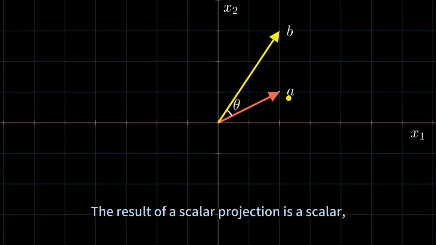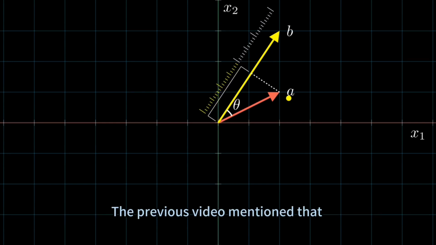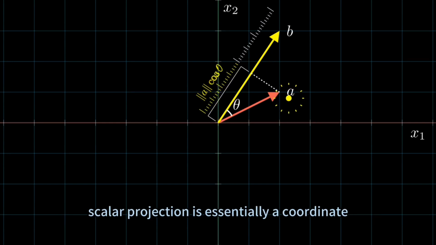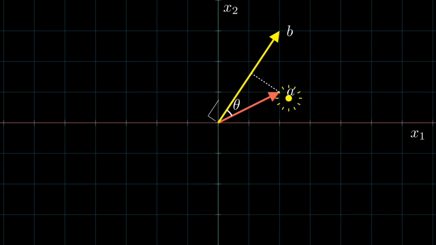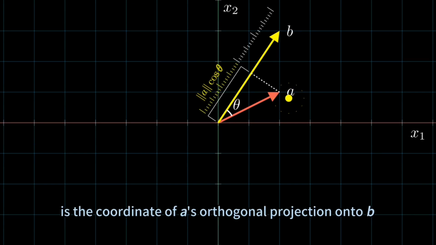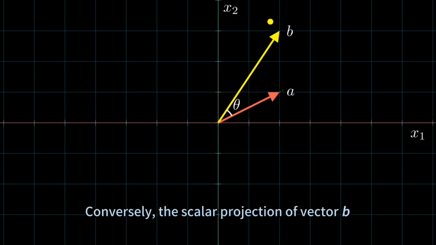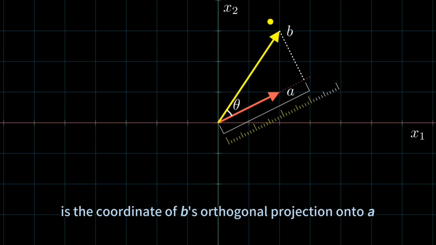The result of a scalar projection is a scalar and does not contain direction, as the name suggests. The previous video mentioned that scalar projection is essentially a coordinate. For example, the scalar projection of vector A onto a non-zero vector B is the coordinate of A's orthogonal projection onto B. Conversely, the scalar projection of vector B onto a non-zero vector A is the coordinate of B's orthogonal